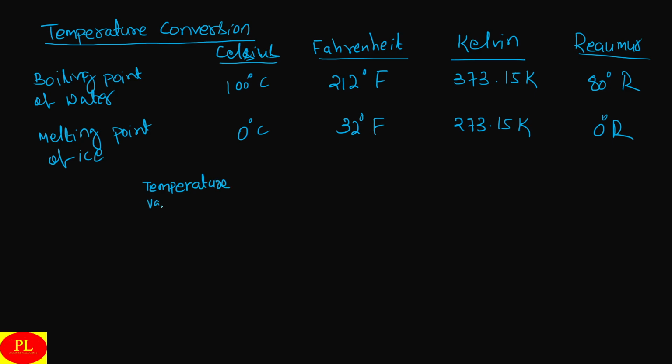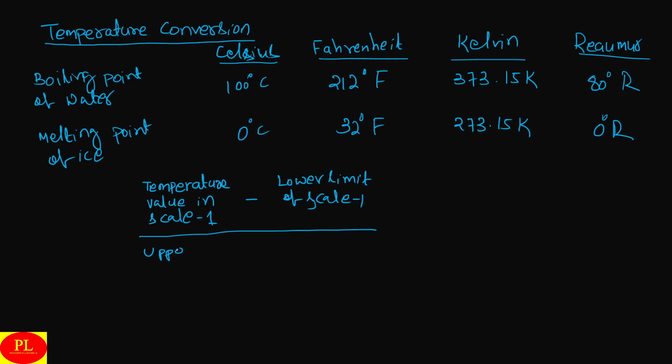Temperature value in scale 1 minus lower limit of scale 1, divided by upper limit of scale 1 minus lower limit of scale 1. This is equal to